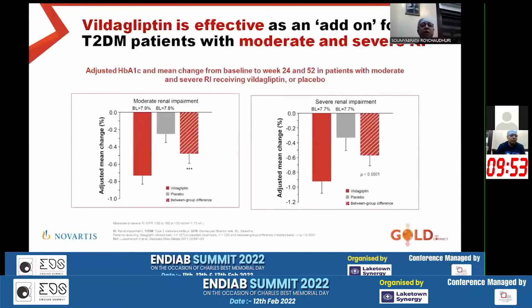So, adjusted HbA1c and mean change from baseline from week 24 and 52 in patients with moderate and severe renal impairment receiving Vildagliptin or placebo. So this is the moderate renal impairment on the left-hand side. And as we can see, the adjusted mean change is more in the Vildagliptin group rather than in the placebo group. And the between group difference is statistically significant in the severe renal impairment group, where the Vildagliptin